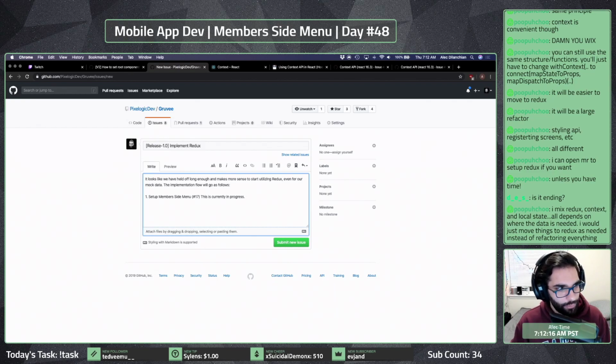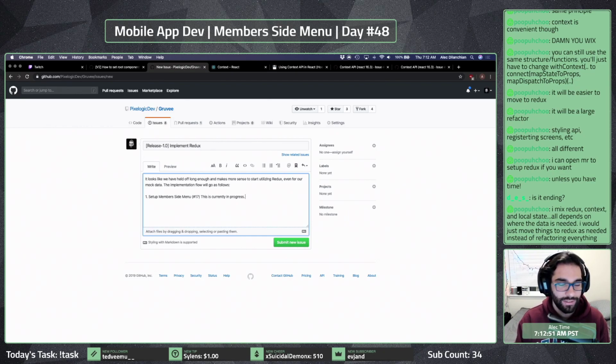I would mix Redux, context, and local state, all depending on where the data is needed. I would just move things to Redux as needed instead of refactoring everything. The reason I was talking about refactoring everything is the add and delete methods, or actions like adding a song or removing a song, or same thing with comments, where we have to pass down this one action to like 7 different components.